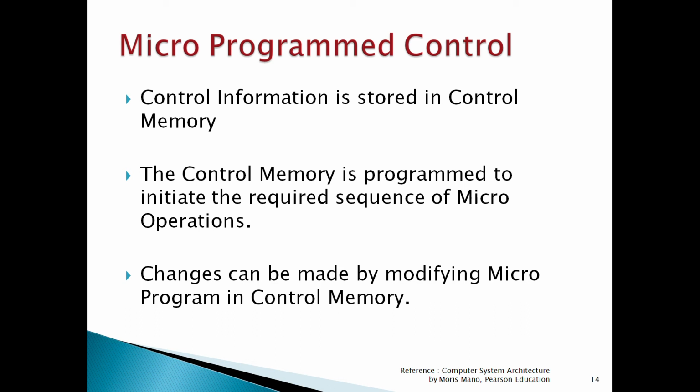I told you in the previous example, in our instruction set, a subtraction instruction is not there. So there is no issue. We have the complement instruction, we have the addition instruction. The number to be subtracted will be complemented, and then it will be added to the other number. Then it will perform the subtraction operation. No need of a subtractor at all, right? So whenever we want to change, we just have to change the microprogram in the control memory. That is a software level change, not a hardware level change.